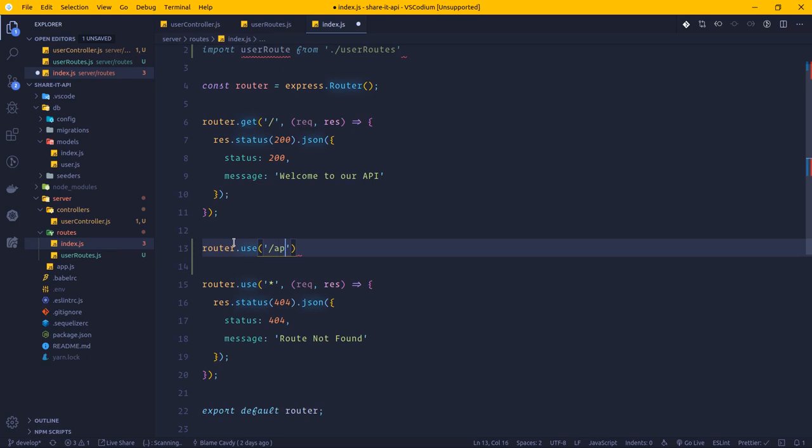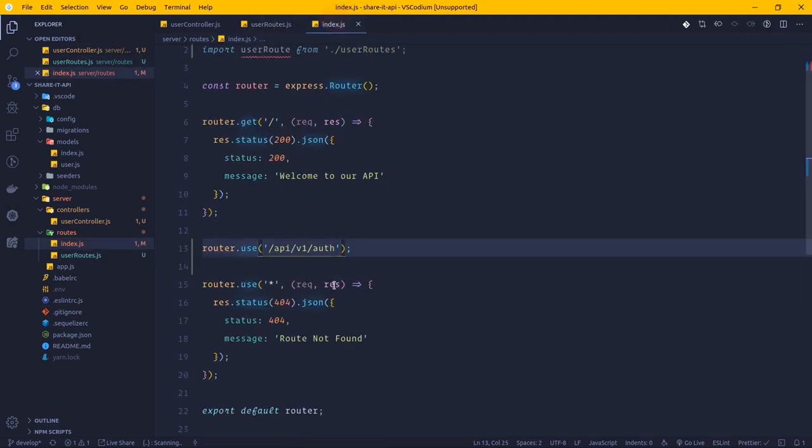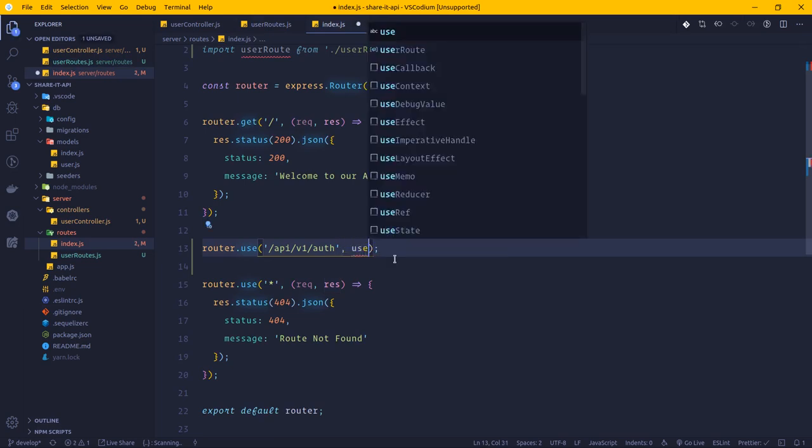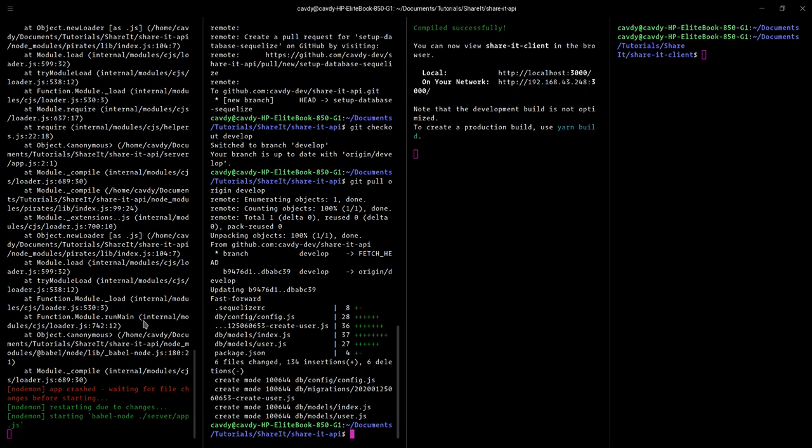So we want it to be like API slash v1 slash user, or let's say auth, because since I'm on the authentication route slash auth, then slash register. So the route is going to be slash API slash v1 slash auth slash register. So passing our user route here. Okay, now if I save this, save